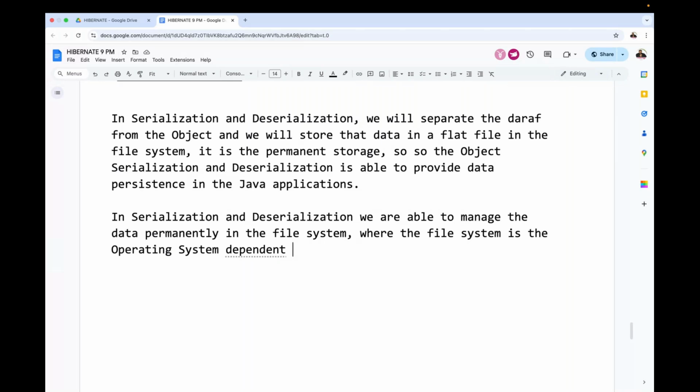In serialization and deserialization, we are able to manage the data permanently in the file system, where the file system is operating system dependent. It is not suitable for the platform independent